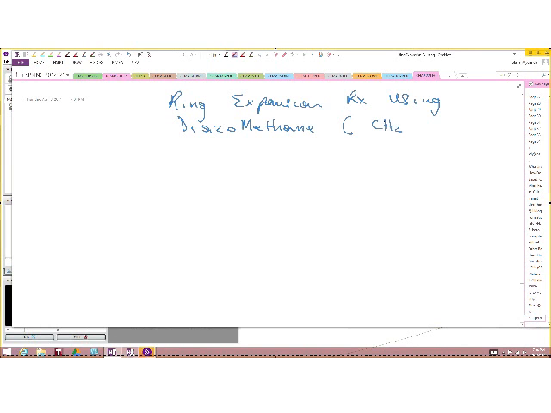Diazomethane is this molecule here. That is diazomethane. If you take diazomethane, say for example, we take our cyclopentanone or any cyclic ketone,